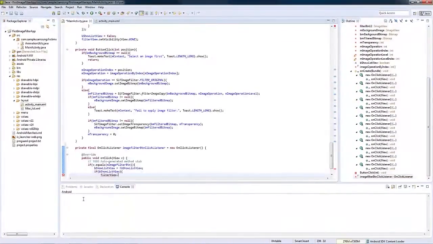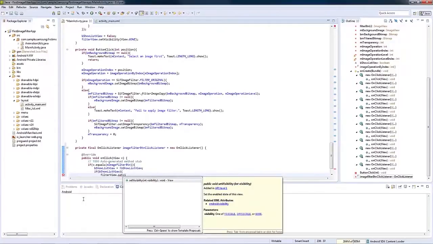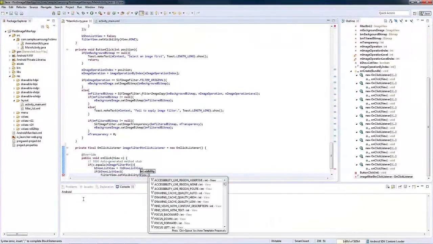We just call the set visibility for the filter view, with View.VISIBLE and View.GONE.